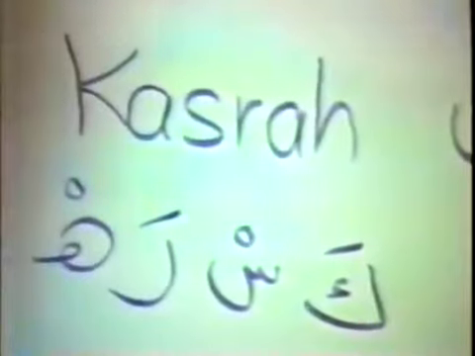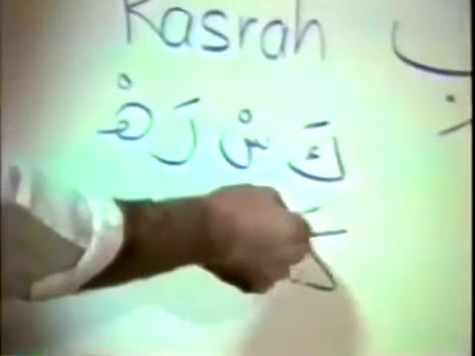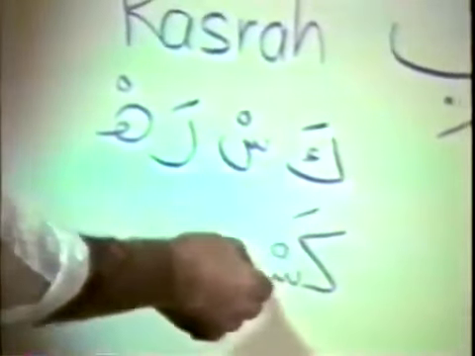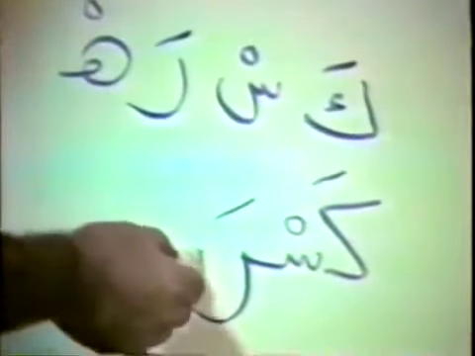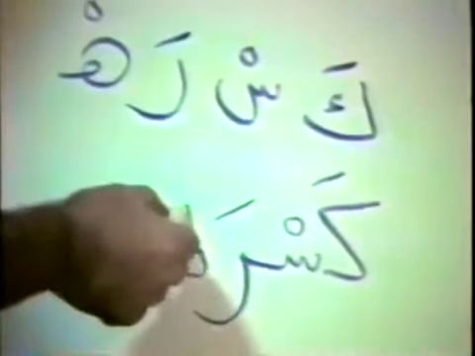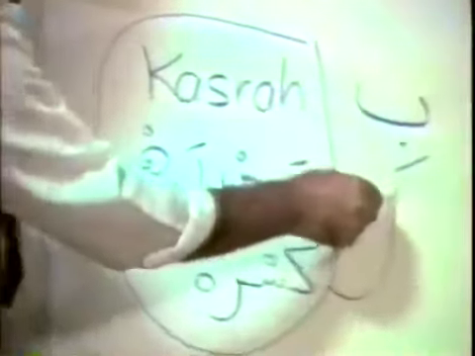The connected words, this ka, when it is at the beginning of the letter, looks like this. We're going to go through the whole alphabet. The sin will look like this, the slanted dash, the sukun, the circle, and then the ra, kasra, and the ha looks like this when connected, kasra. So these represent the name of this vowel here, kasra.